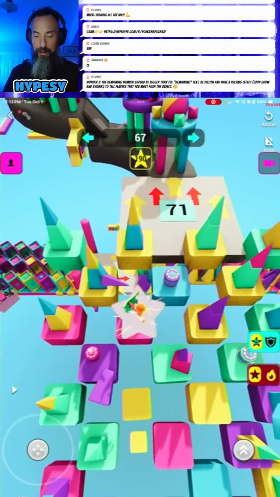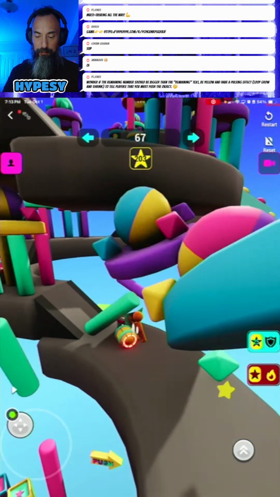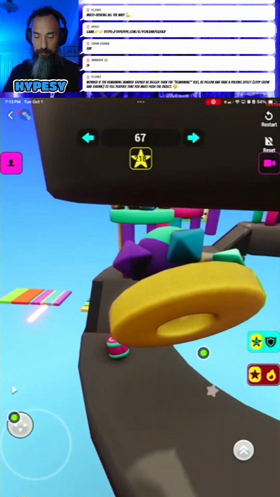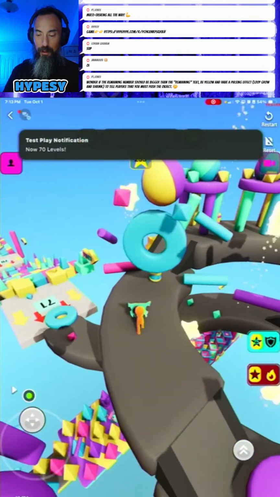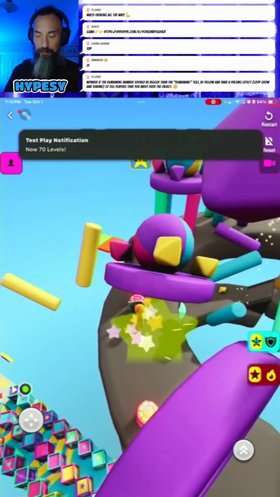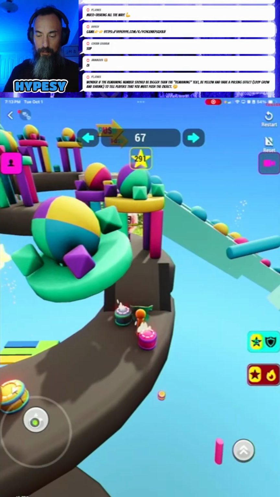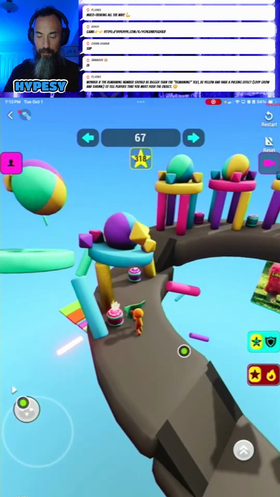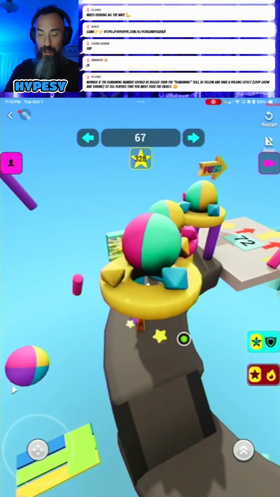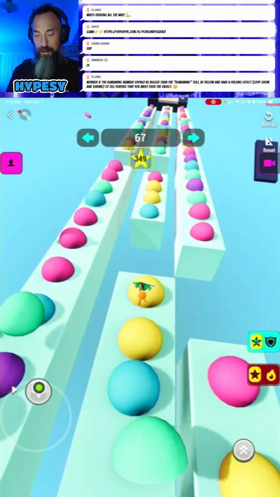Let's go in circles here. I just made this level today and this one as well.